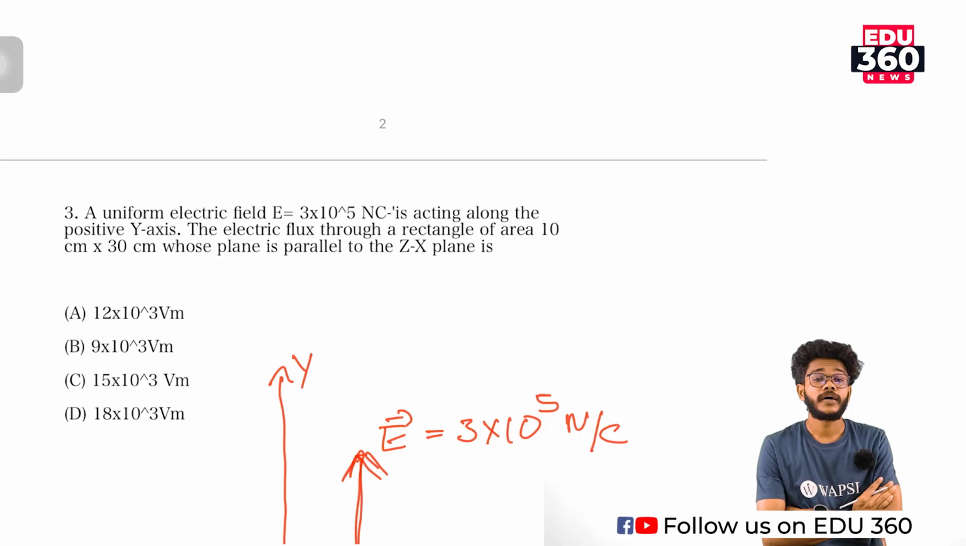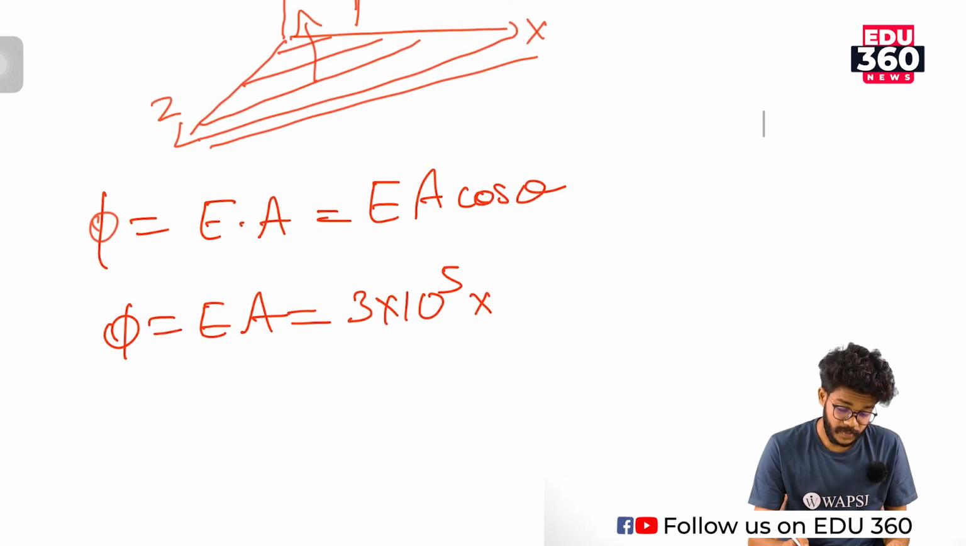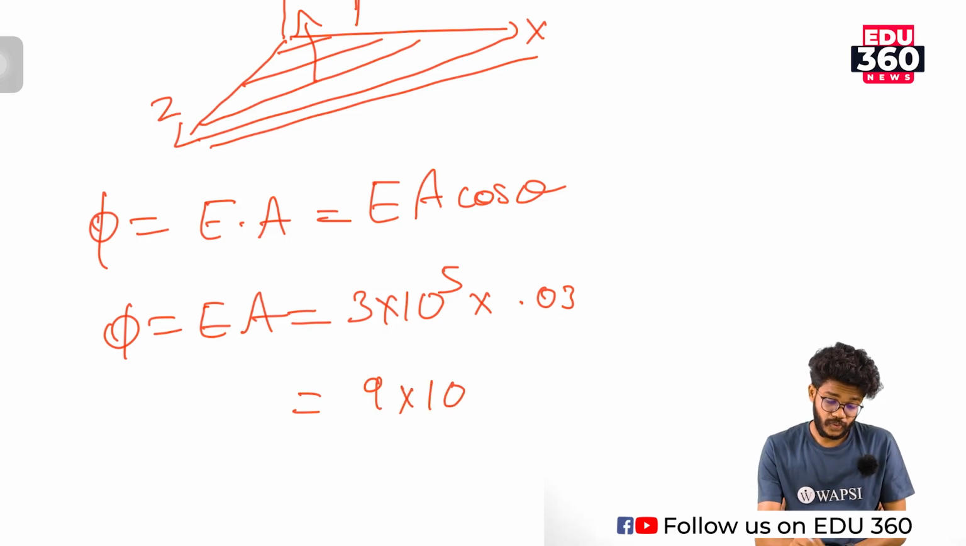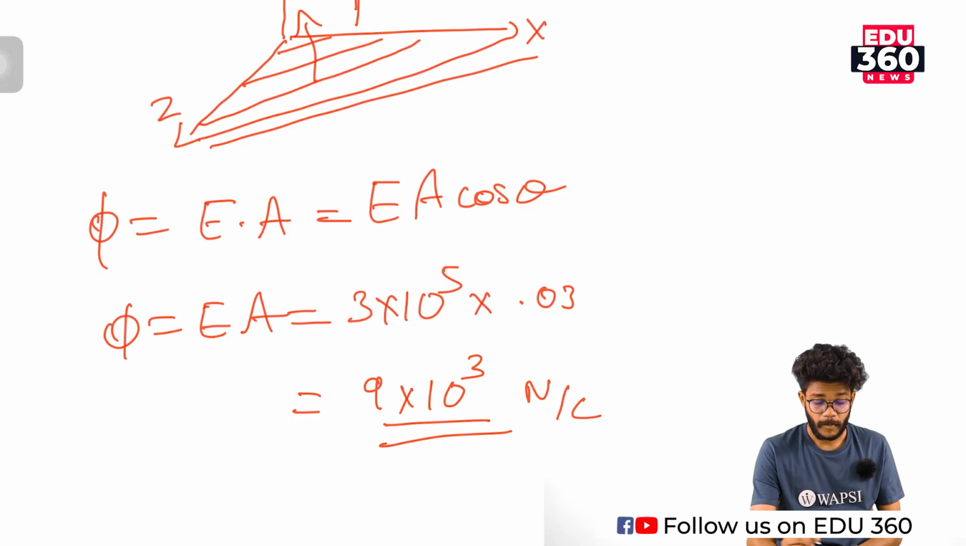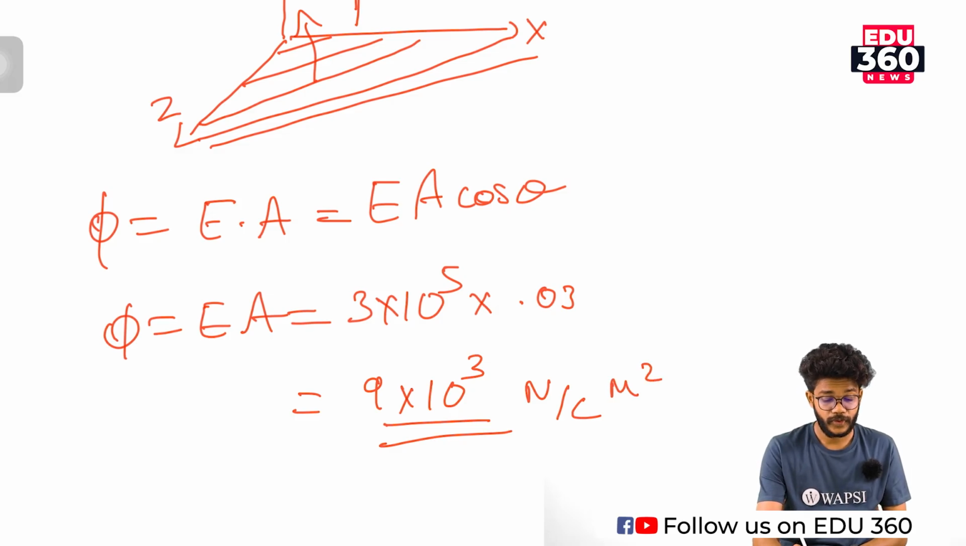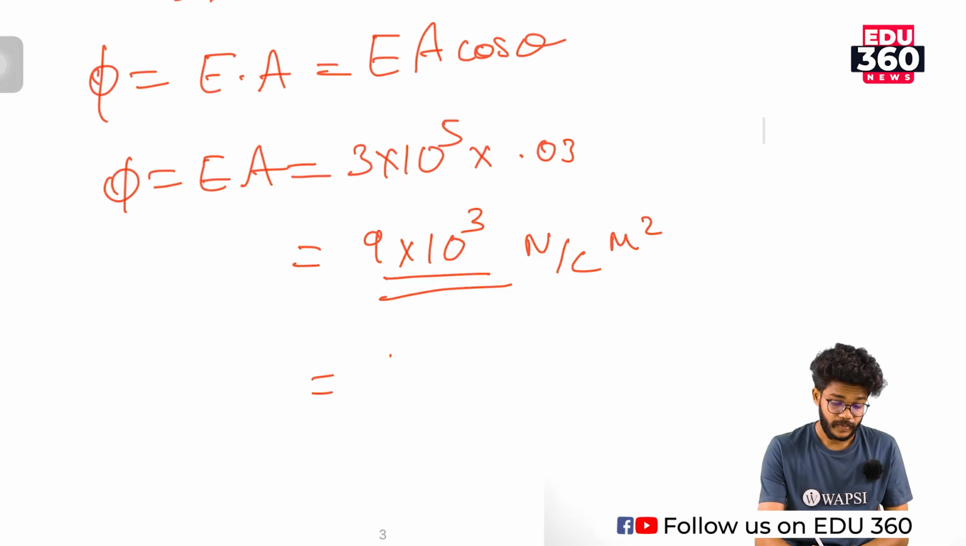1 into 3 is 3, and both have a 0.1 digit. So 0.03 meter square. Okay, so 3 multiplied by 0.03 is equal to 9 into 10 raised to 3. The unit of electric field is Newton per Coulomb, and the unit of area is meter square. So the unit is Newton meter square per Coulomb. 9 into 10 raised to 3 Newton meter square